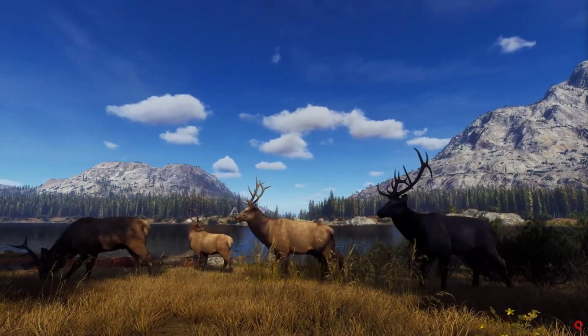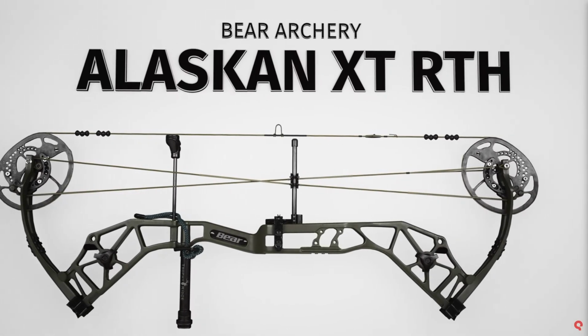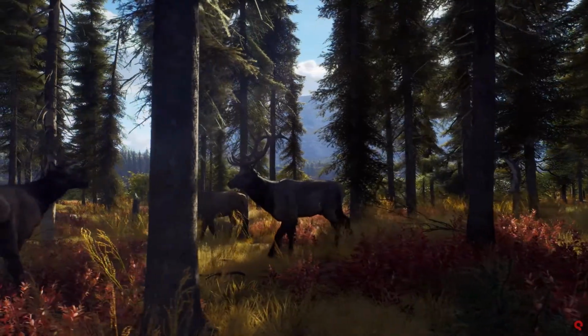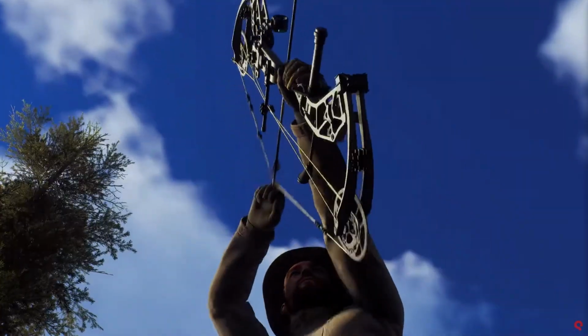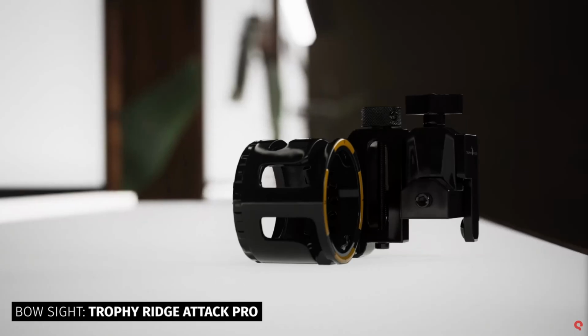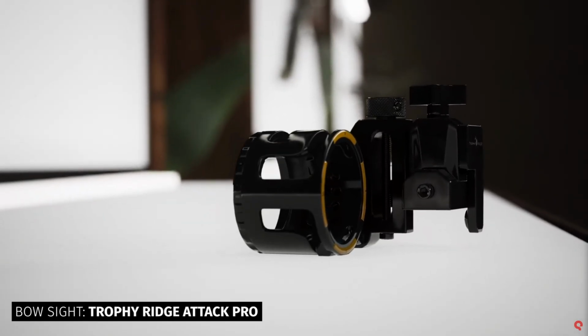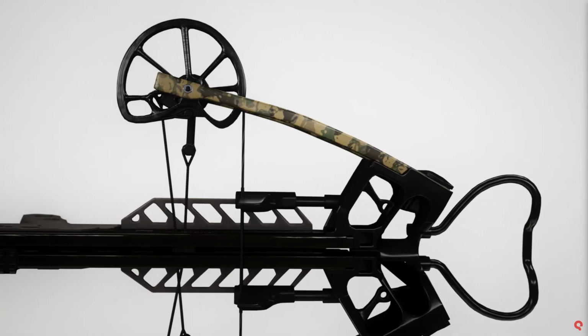The Alaskan XT, meticulously designed and packed with unprecedented features in its price category, compromises out of the question. Powered by the ultra-efficient DHC-XR cam system, this bow is capable of speeds up to 335 FPS, while still providing an easy to shoot 80% let off. You're also getting a crossbow, the Constrictor Pro, a proven performer redesigned for even more power and